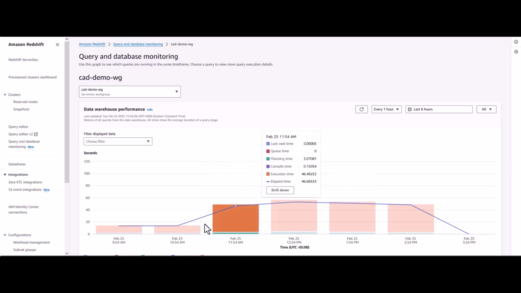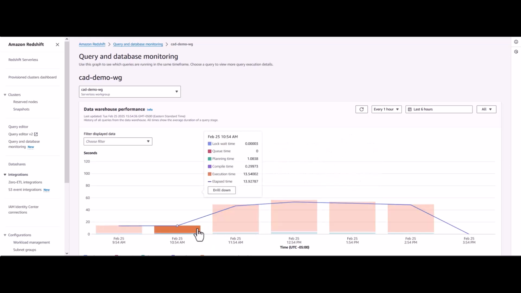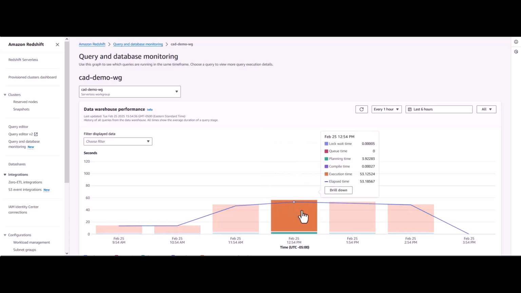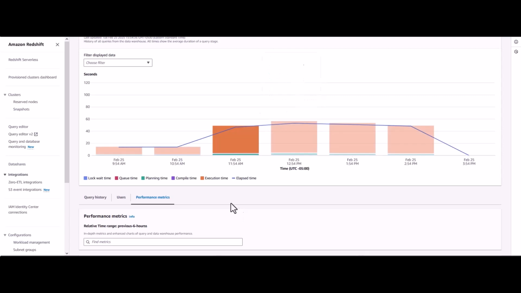If you see, around the same time frame where I changed the compute capacity, after that time the queries started taking longer because I lowered the compute capacity from 128 RPUs to 64 RPUs. So they're taking longer at a cluster level. You can see the trend, and we can also see it for a specific query.